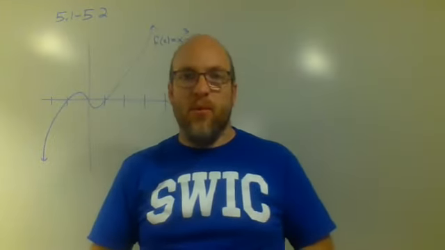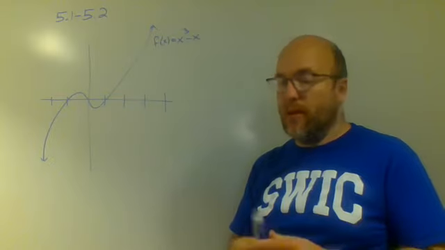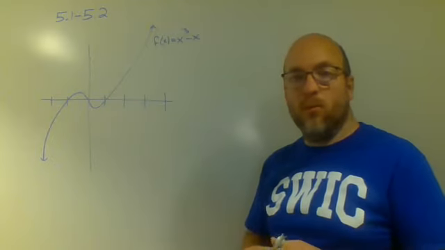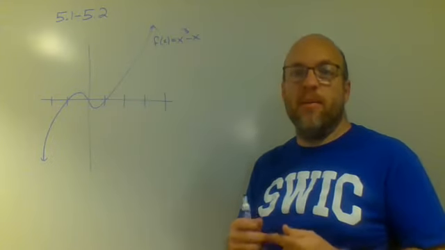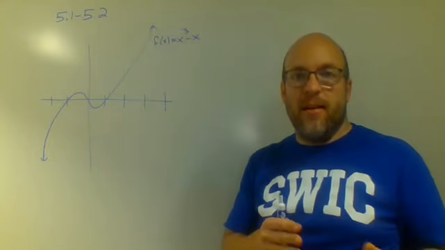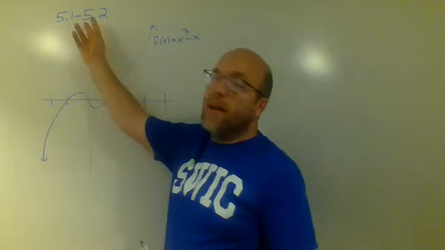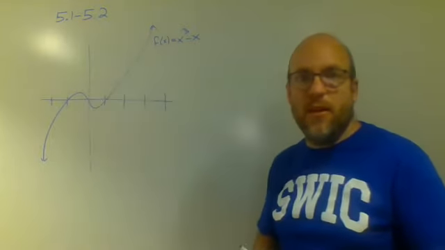In section 5.1, we're going to review net area under a curve. We talked about that at the beginning of the semester. We're also going to review Riemann sums, where we use rectangles to estimate the net area when geometry can't be used. And you can see up here, we're tying section 5.2 together in this same video because